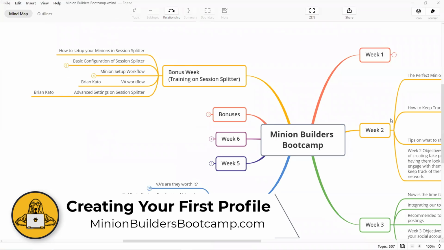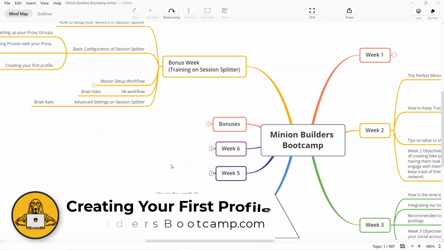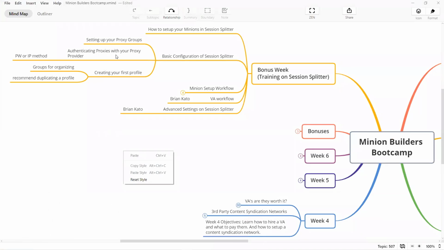So let's go back here to the mind map. This is the basic configuration: you set up your proxy groups, you authenticate your proxy with the proxy provider, and then you create your first profile. Now, like I said, I'm going to be using groups to organize. And once you get them set up, I just find that it's easier to duplicate a profile than to start from scratch. And the reason is